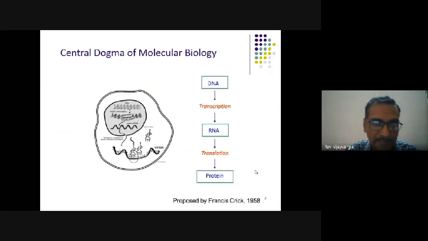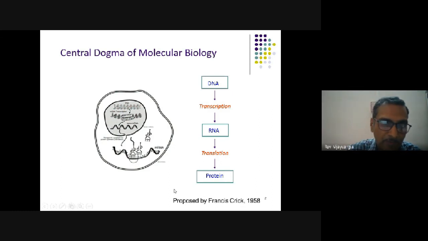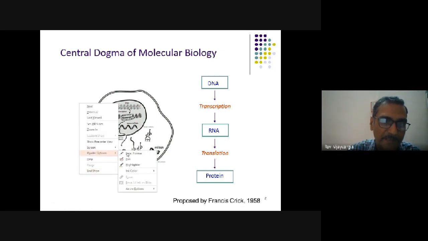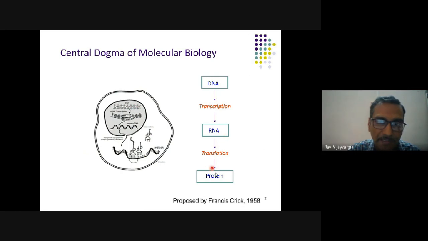So today, this is the central dogma. All of you are aware of the central dogma, that DNA upon transcription gives rise to RNA, and RNA upon translation, here especially the mRNA upon translation, gives you the protein. There are exceptions to it, but normally this is how it follows. So your mRNA will translate and give a protein, and this is what we are looking at. We have protein and we have to purify it.